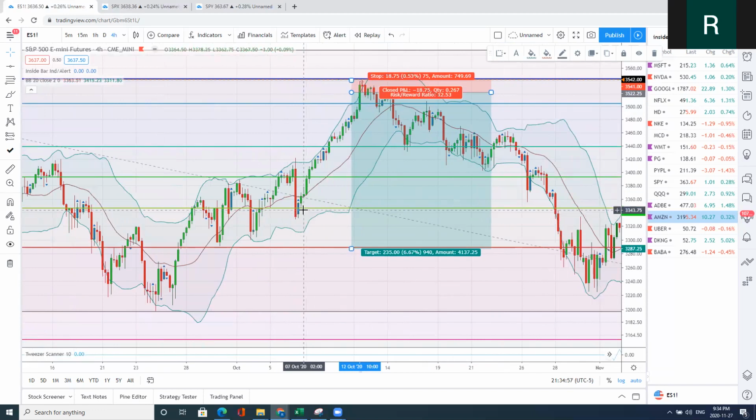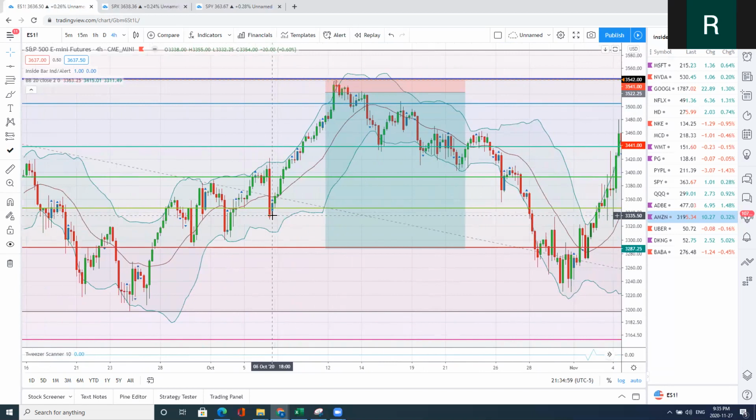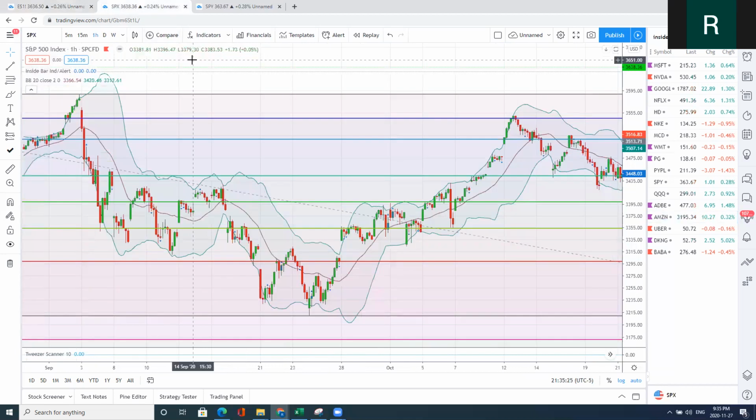So 12 and a half R, if you're risking $1,000 a trade, that's 12 and a half thousand. If you're risking 100, that's 1,250. So it all depends on your account, but 10 times your money, if you do that maybe 10 times in the year, you're golden. You can lose every other trade after that and still make money. So that's how you combine the time frame alignment with the micro, with the macro, in order to really capitalize